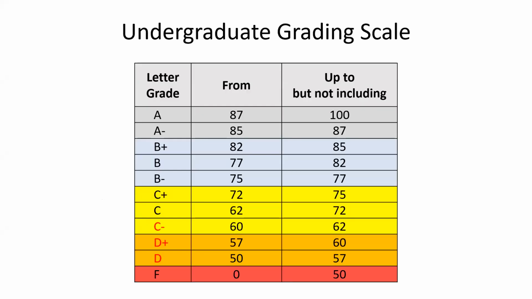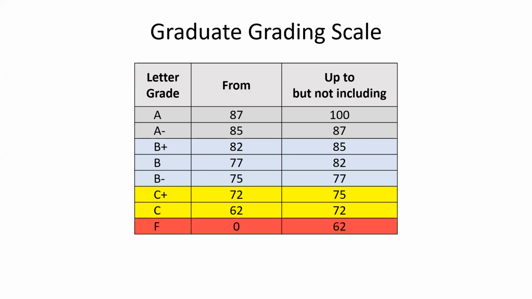Here's the grading scale that I use for this class. It's in the syllabus. This is the grading scale for the undergraduates for the COMP620 class. The only difference between that one and the grading scale for the graduate students is that graduate students cannot get C-, D+, or Ds. I don't know about certificate students, whether they can get them, let's just don't make me look it up. Just don't get a C-, a D+, or a D, and we won't all worry about it.